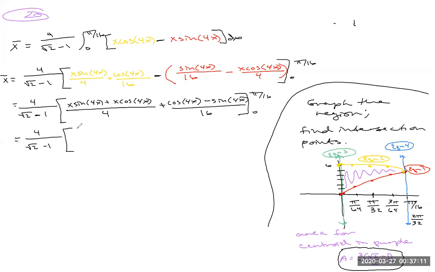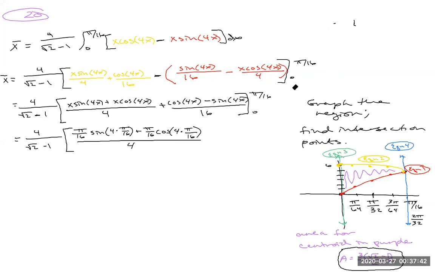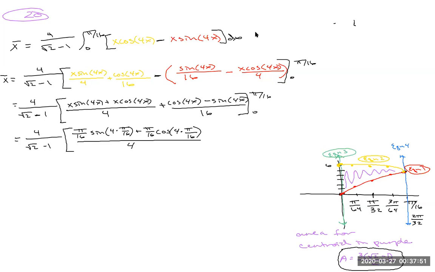And then we have a lot of plugging in to do. So pi over 16 sine 4 times pi over 16 plus pi over 16 cosine pi over 16 all over 4. Erase this too. It's clearly getting a little bit longer. Plus four times 5 over 16 and minus